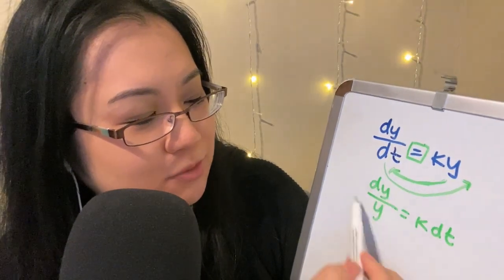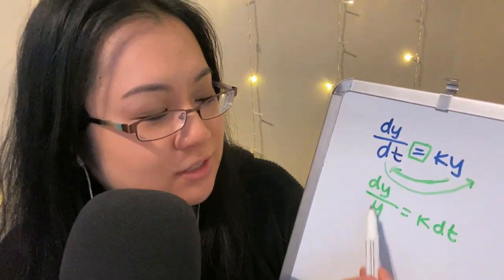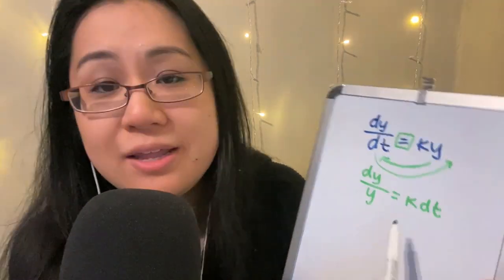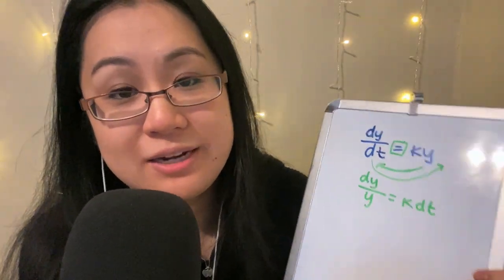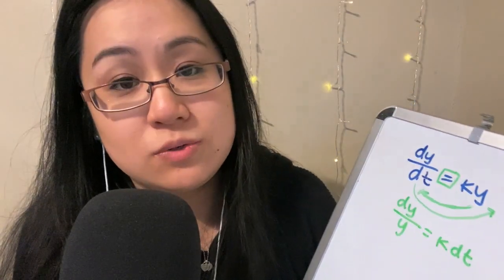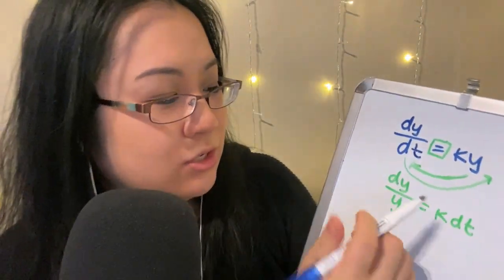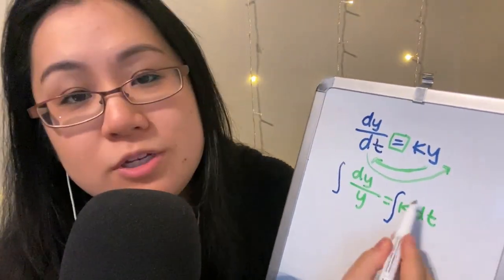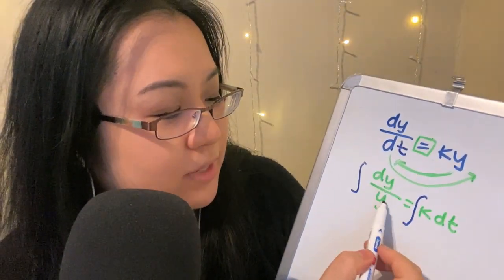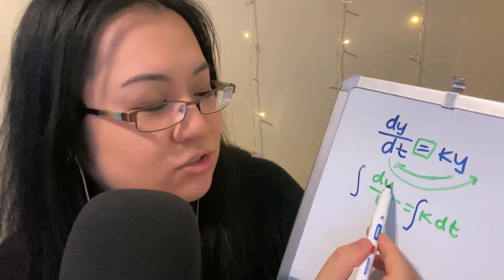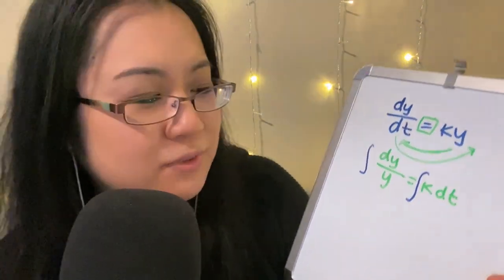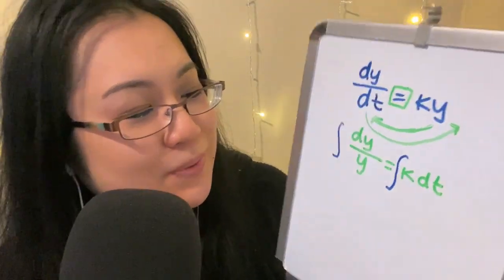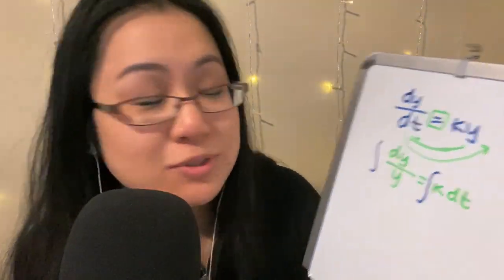So we're going to get all the y terms here, and notice that everything is just multiplied, or in this case divided. And that's exactly what we want, because now we can take the integral on both sides. So we're going to take the integral here and here. We don't have any pluses. There's no dy plus 2. That doesn't work. So this is nice and separable. So now we can just take the integral of both sides.